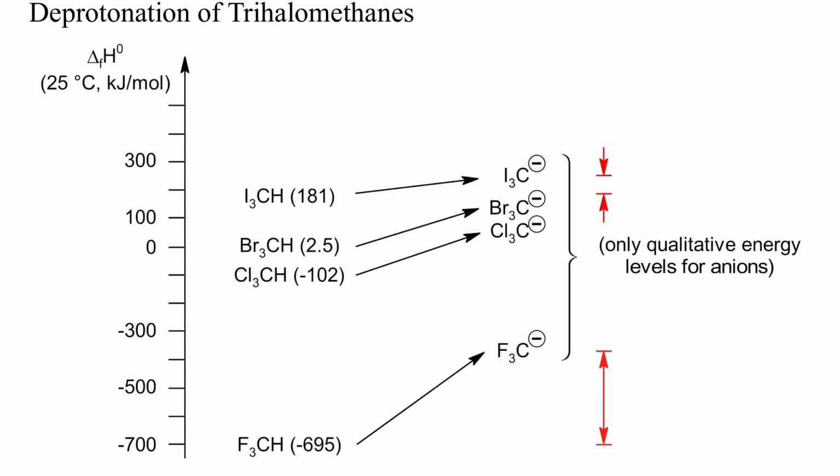Trihalomethanes behave like hydrogen halides. The standard enthalpy of formation of trifluoromethane is very low compared to the other trihalomethanes. Thus, although fluorine is best at stabilizing carbanions, and the trifluoromethyl anion has therefore the lowest energy of the four trihalomethyl anions, the energy gap between trihalomethane and its anion, as indicated by the red arrows, is largest for fluorine